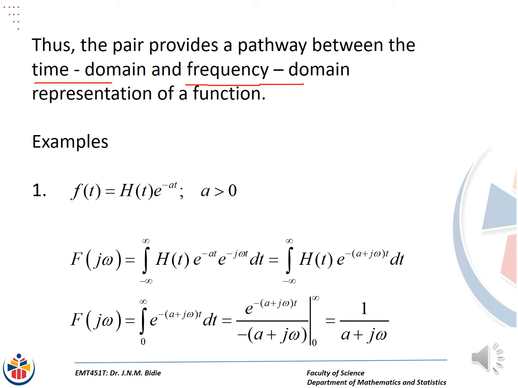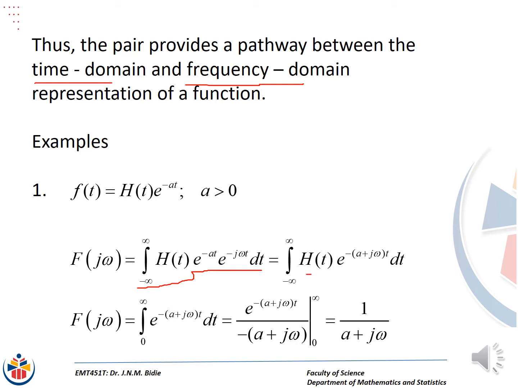Given f of t equal to h of t times e to the power negative a t with a greater than or equal to 0, we're asked to find the Fourier transform. So the Fourier transform, remember the formula, it's f of t multiplied by e to the power negative j omega t dt. And then because these two are exponential functions, we add them up, taking negative t out, and then